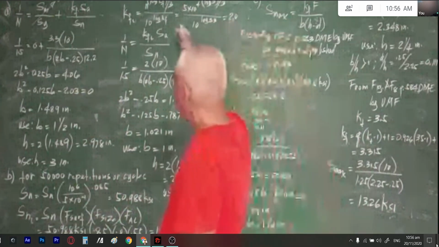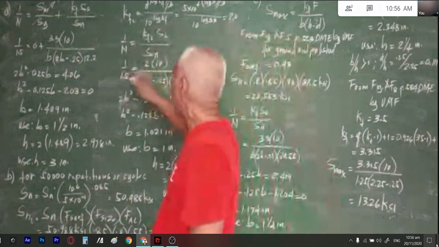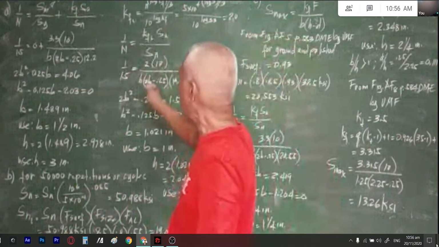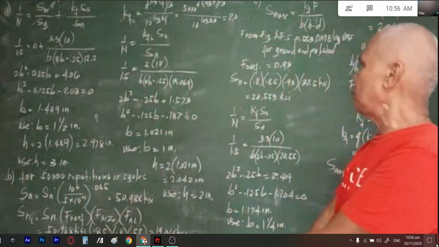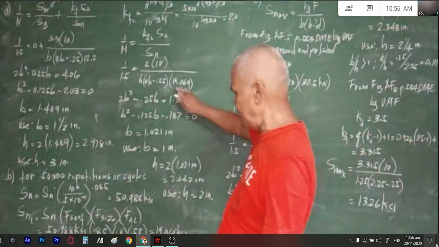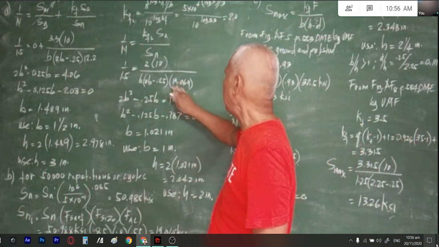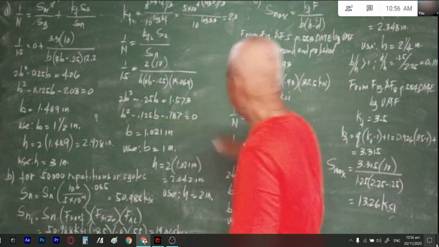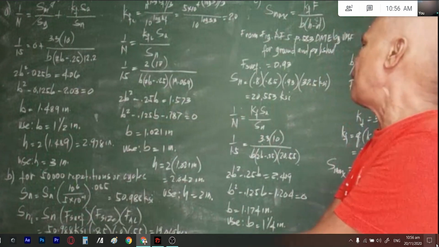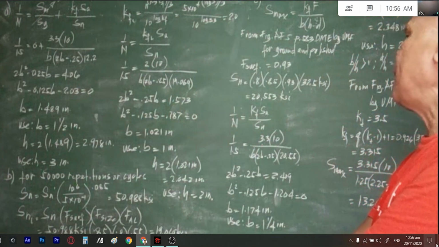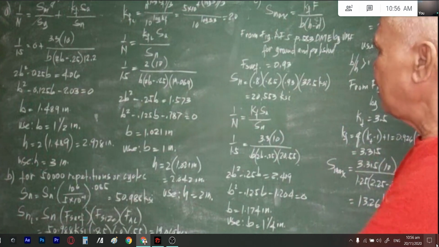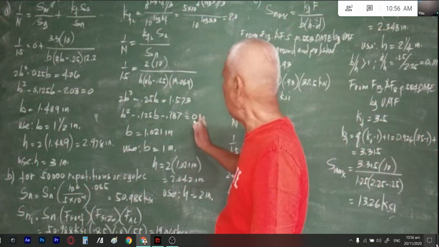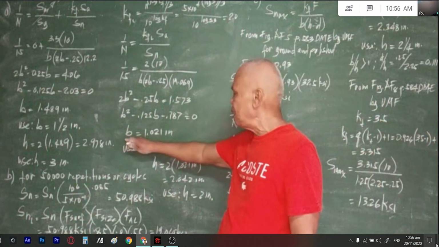Substituting all values, 1 over 1.5 equal to 2 times 10 over b multiplied by the quantity 2b minus 0.25 multiplied by Sn, for limited life 19.069, or it will be reduced to a quadratic equation b squared minus 0.125b minus 0.787 equal to 0. Applying the quadratic formula, we will have b equal to